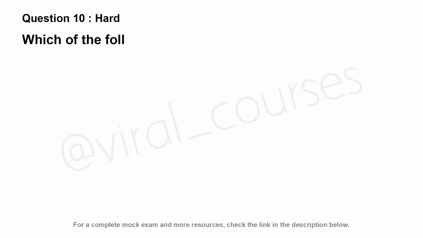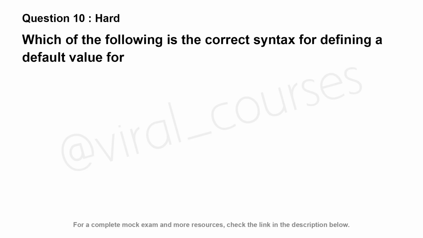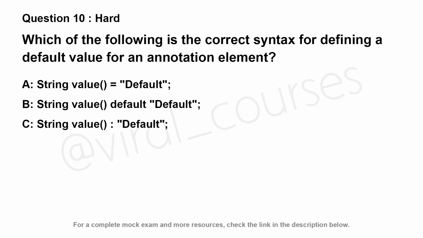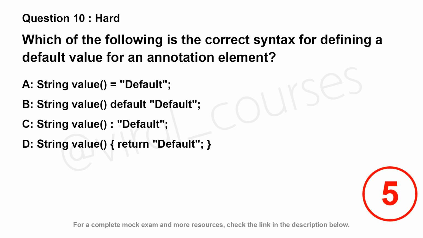Which of the following is the correct syntax for defining a default value for an annotation element? Option A. String value() = default; Option B. String value() default ""; Option C. String value() default; Option D. String value() return default; }